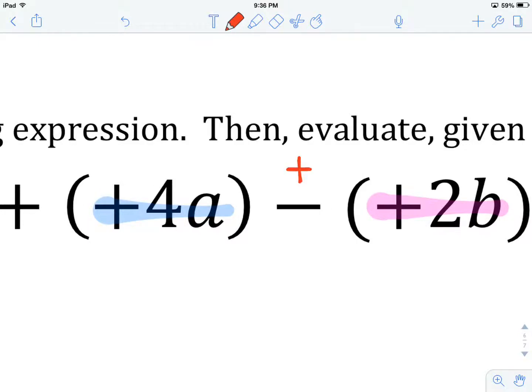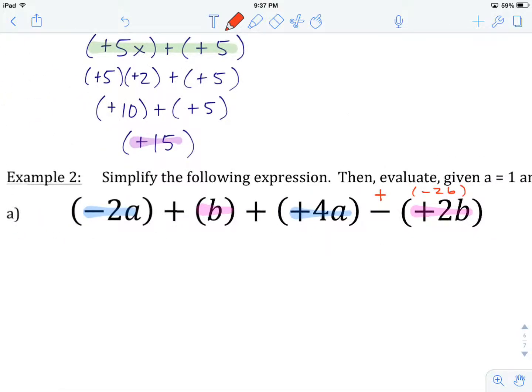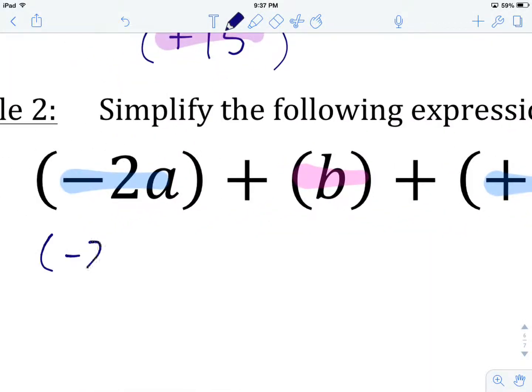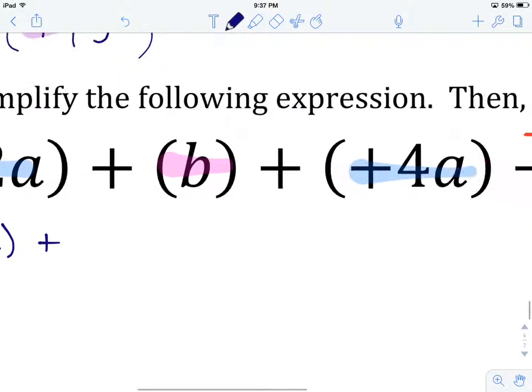And we see that there's one here that needs to be changed to addition. And when we change that, we must also change the sign of the term that's immediately after it. So we've done that now. Let's do our rewrite step here. We have negative 2a